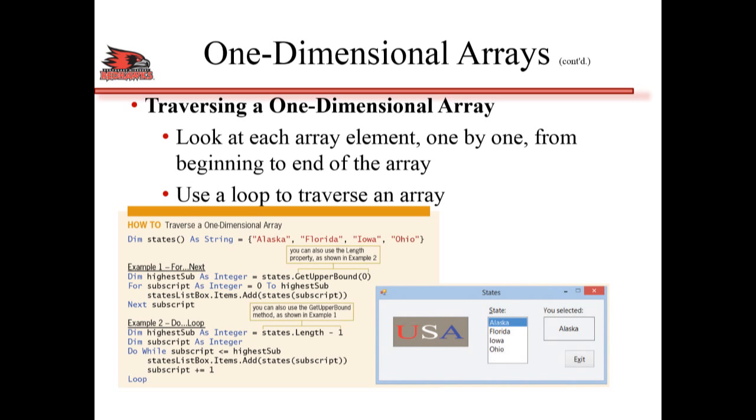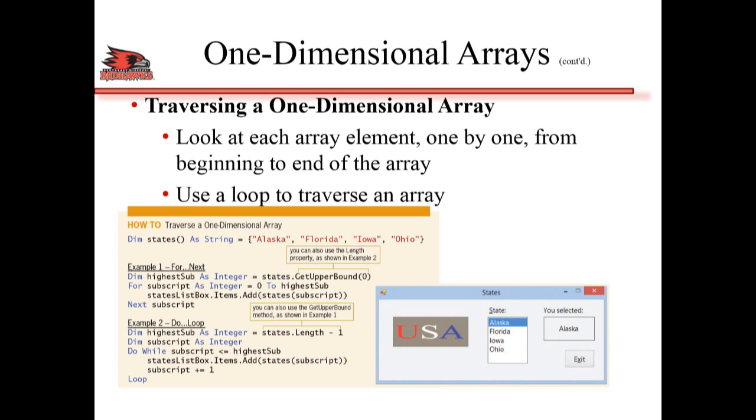And so using the For Next method, we are adding items to the state list box every time the for loop runs. So stateListBox.Items.Add, and in parentheses we have states, and in parentheses subscript, which is our counter and which basically goes to each